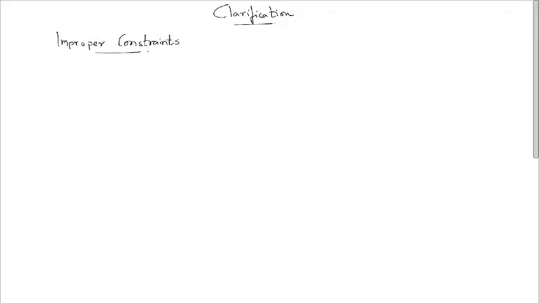So during class on Thursday, a question came up right before the quiz, which I don't think I did a good job of explaining. So I want to take a second shot at it right now. This was on the discussion on improper constraints. Before we get to the question, let me summarize the steps that we follow to determine if a system or a problem that's given to you is properly constrained or not. So what we said was to check if we have an improper constraint